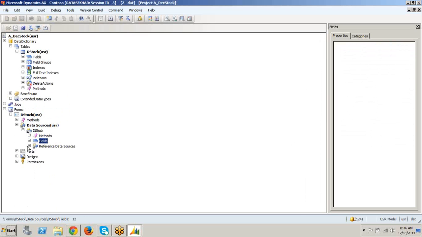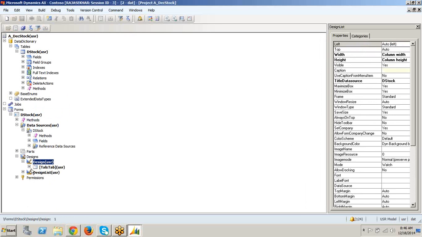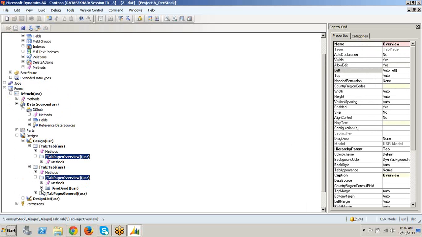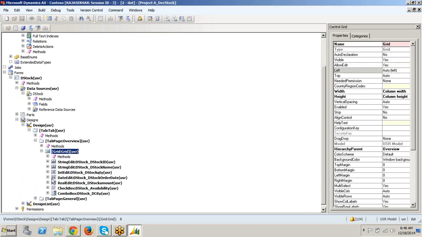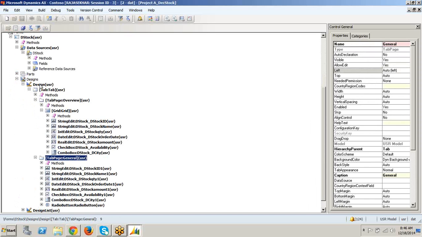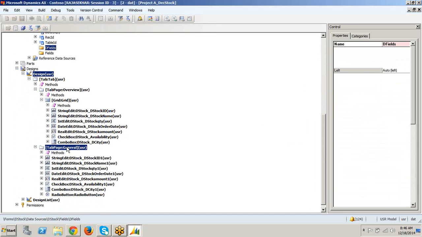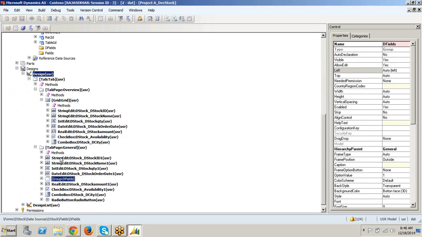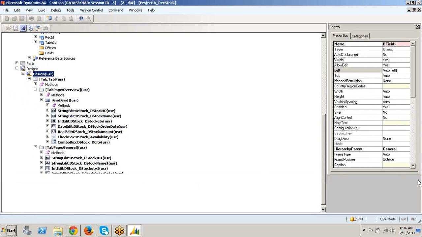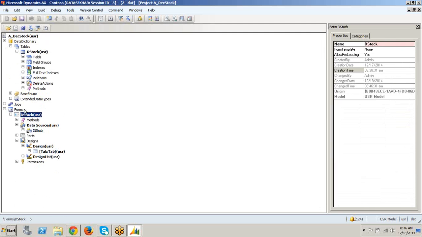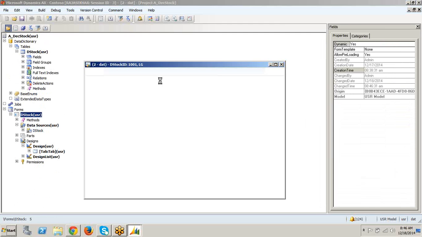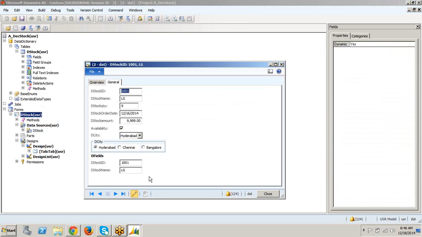So once I refresh, I'll get the D fields here in the data source. Okay, so in my design, in the general tab, I can directly drag the D fields group fields. See, I can see the D fields here.